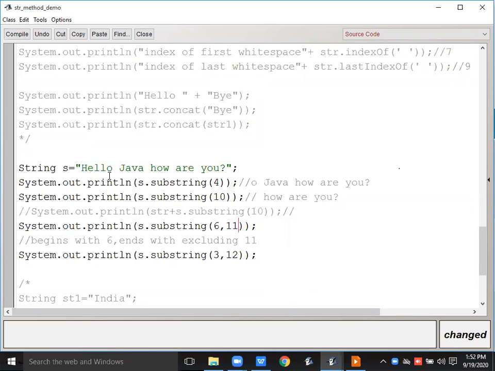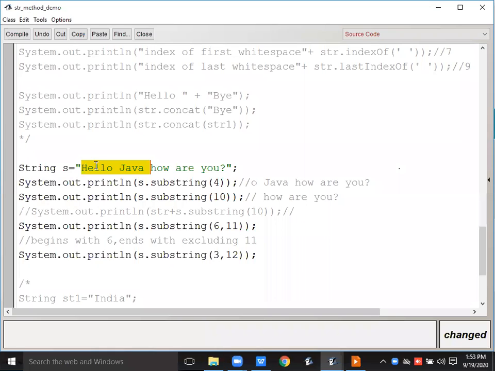Okay, so in the s, see that what is 0? H. 0, 1, 2, 3, 4, 5, 6. So it will start from the J. Okay, J, then 6, 7, 8, 9, 10. 11 is H. So excluding H means till the 10. So it is going to fetch you Java with space. Right?